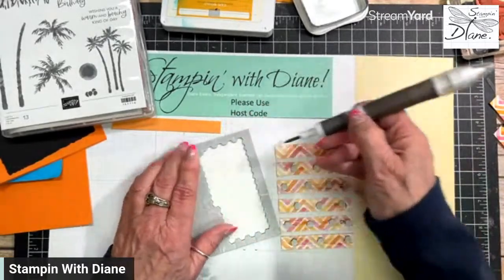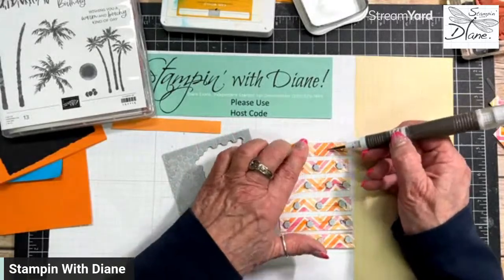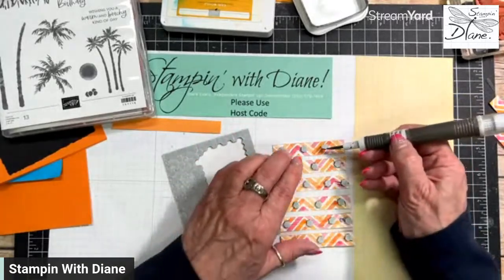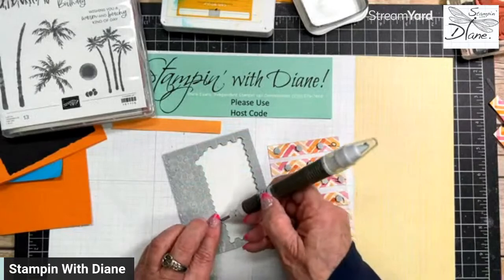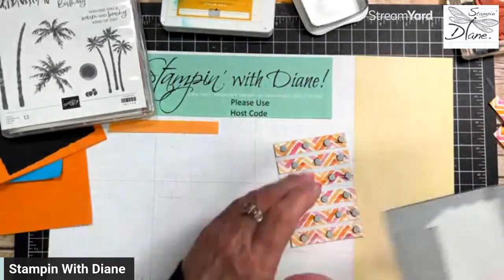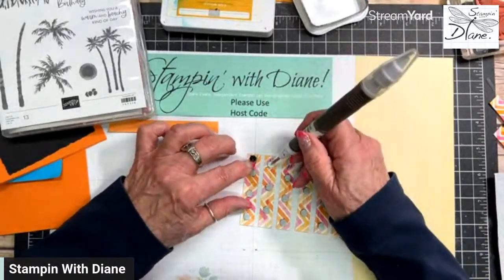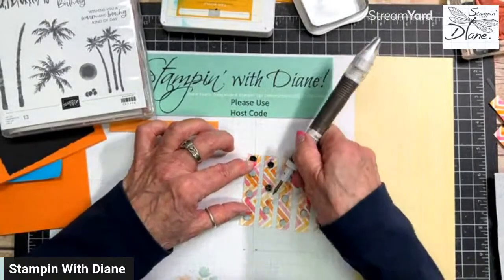This seems like a bit of overkill, but you know what? I honestly think it's going to be okay. Now I'm doing this in black because it's going onto a black base. It would have been a lot better to just do the strips, I think. But the strips are in white, so